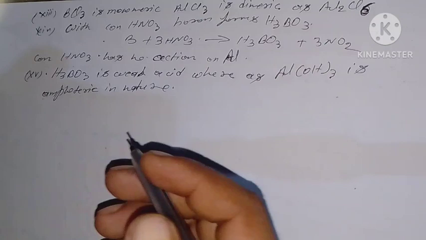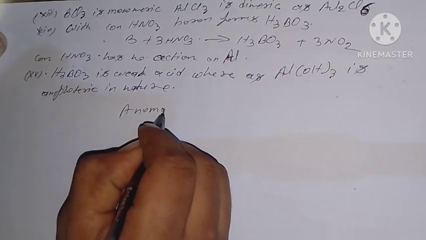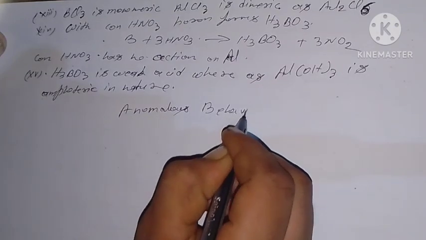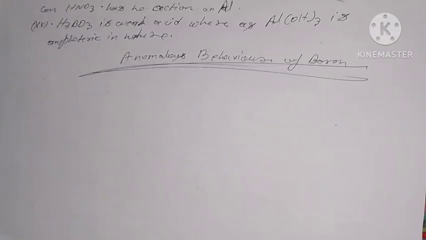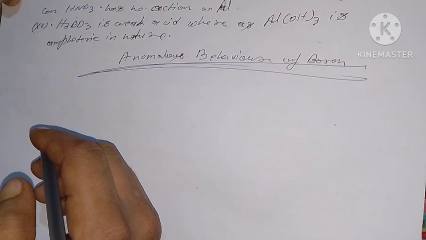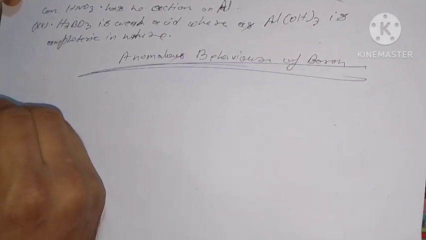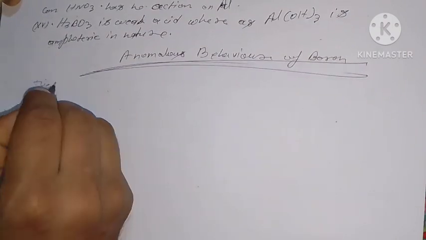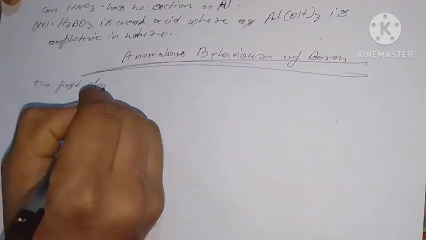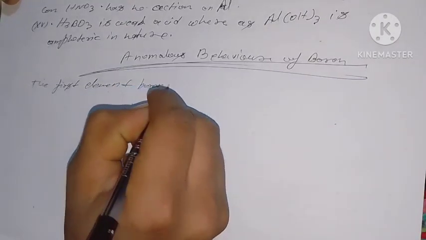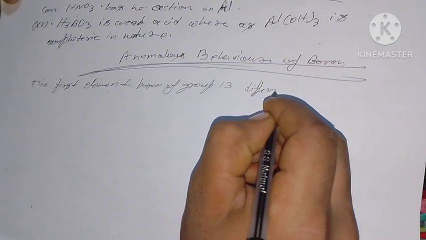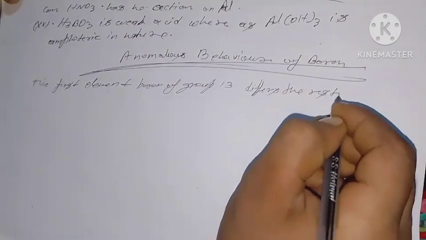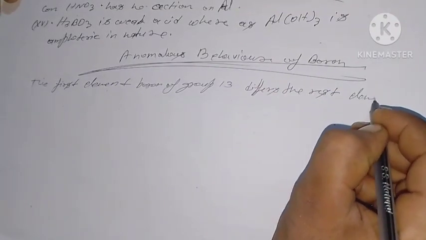Next, anomalous behavior of boron. The first element, boron, of group 13 differs from the rest of the elements